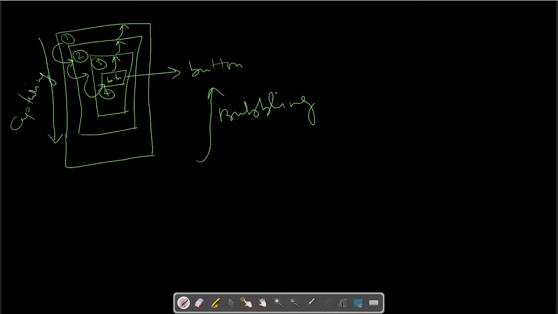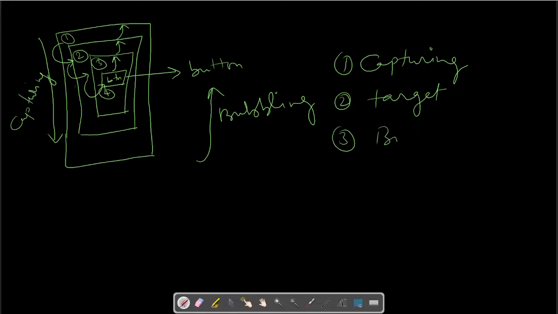There are three phases of event propagation, and these phases will always execute in the same way. The first one is capturing, the second one is target, and the third one is bubbling.